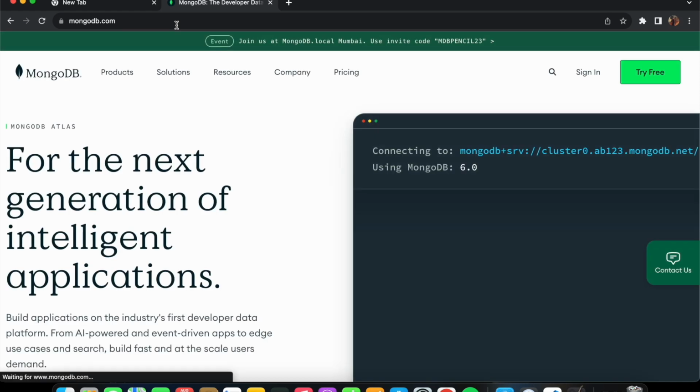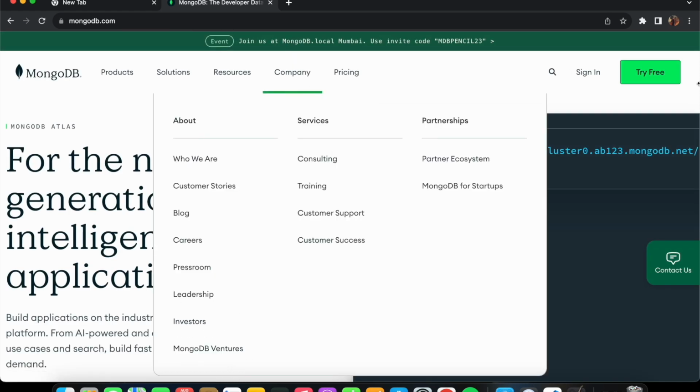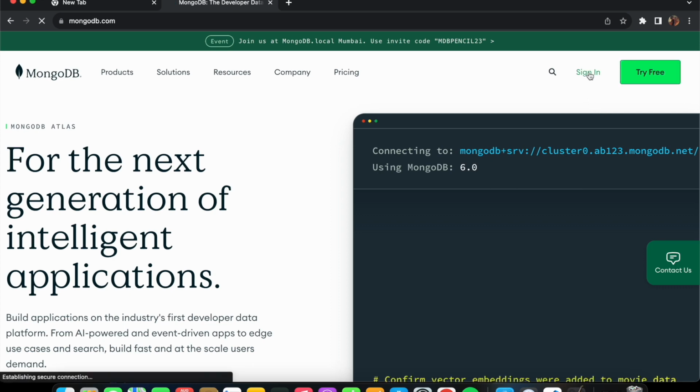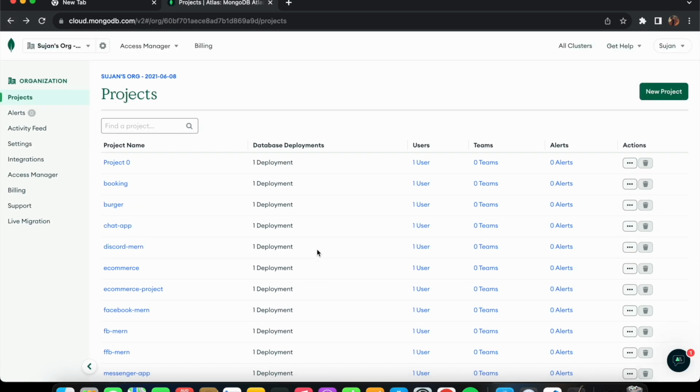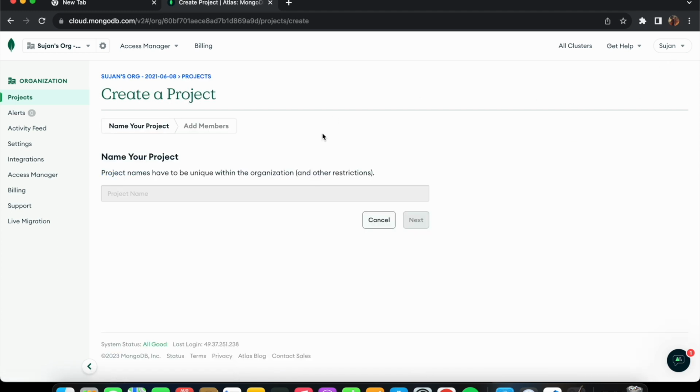So here we're going to initialize a new project that is threads app, and then we're going to connect it to the front end part. So let's press and sign in. Okay, so now the next step is we're going to press on new project over here,